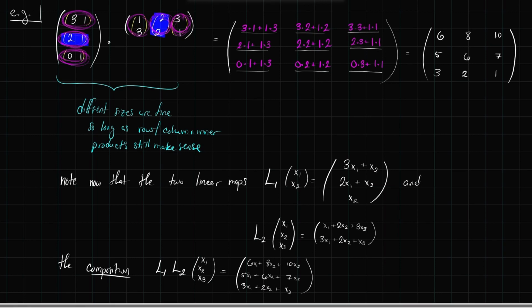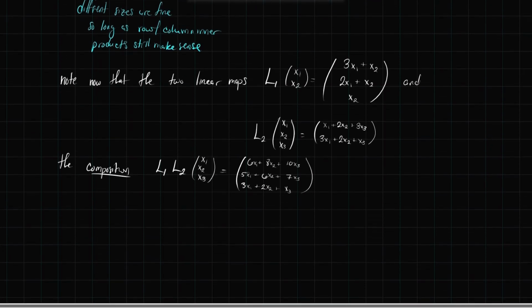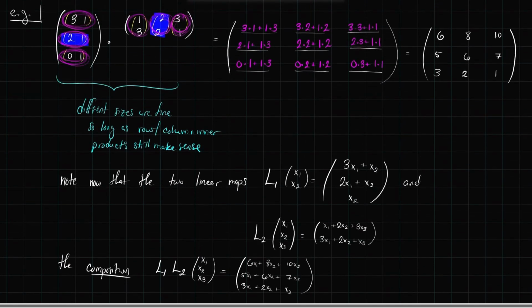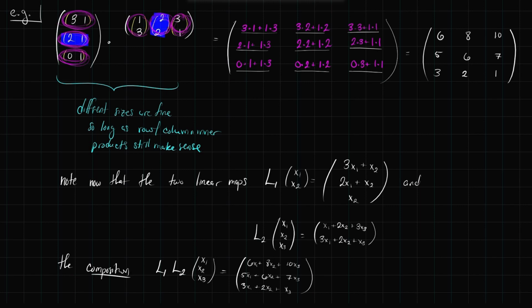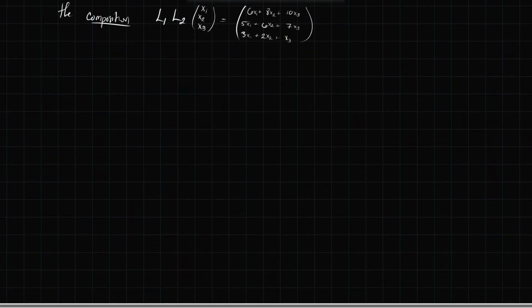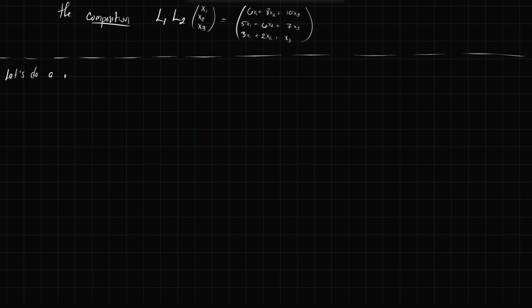I think if I had asked you to perform the composition, you could have done it, but it would have taken you quite some time to arrive at all of those coefficients. And so this is how you can see that really getting used to matrix multiplication can make your life quite a lot faster than if you were to do everything by hand. So let's look at one last example. Let's do a matrix multiplication of a linear map